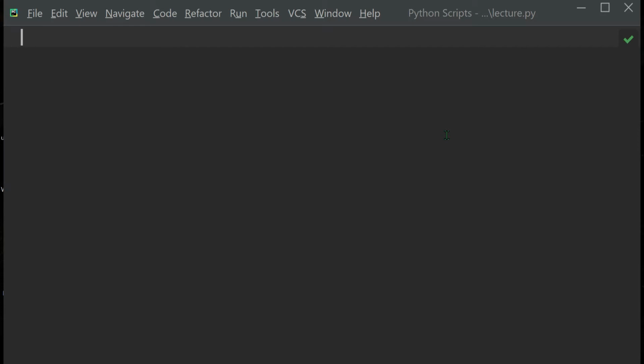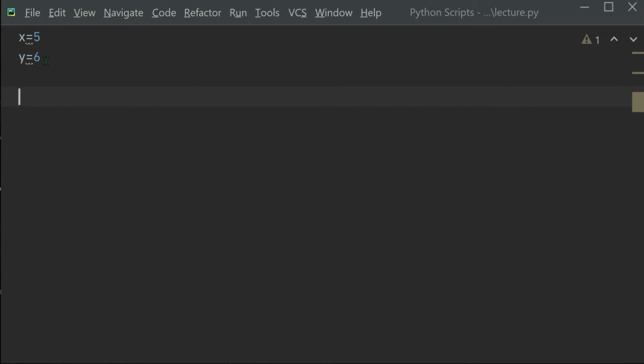I'm going to take two variables, say x is equal to 5 and y is equal to 6, and then write a program to check which of these two variables is carrying the maximum value. So let's write the function for it. I'm going to say def and name this function largest num, and then check if x is greater than y. I'm going to say return, oops, there has to be a colon, then return x, else